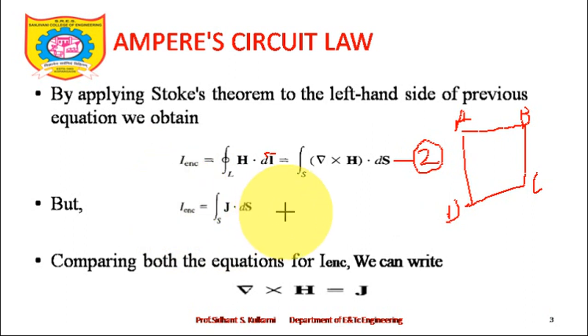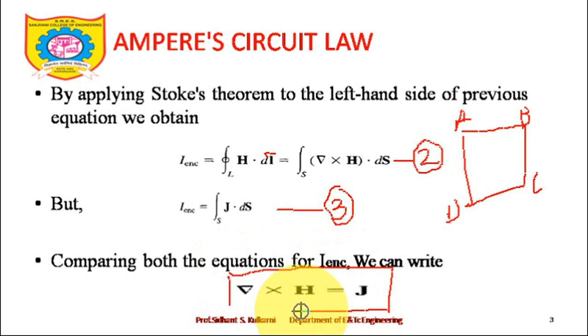So now I have a third expression with me. According to the current continuity equation and other forms of the currents that we have gone through, we know that I enclosed is equal to the surface integral of j bar dot ds bar. If we compare these two integrals, if the surface is the same, can I write del cross h bar is equal to j bar? Yes. If I am approximating these two integrations over a constant surface ds, which is the same for this particular surface and this particular surface, in that case j bar must be equal to del cross h bar. So comparing equations 2 and 3, we came to the conclusion del cross h bar is equal to j bar, and this is the most important expression.